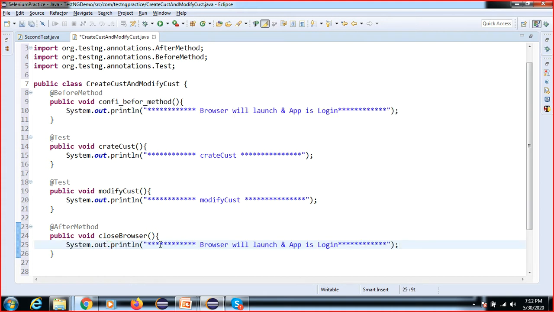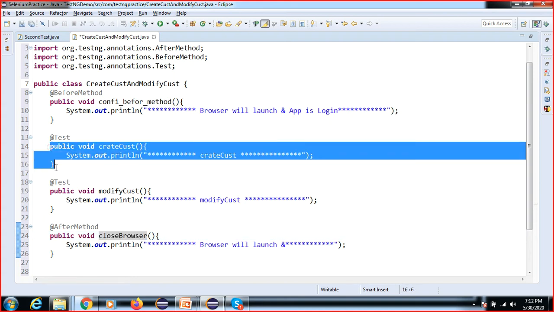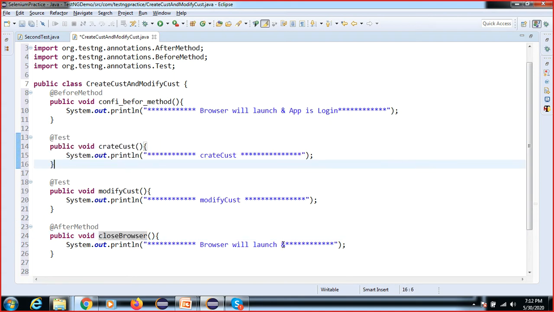Actually we are not writing the logout code here, I'm just showing you. If you close the application, I can simply write close browser. The logout code would be written inside this. Got it, right? This is just a dummy thing.